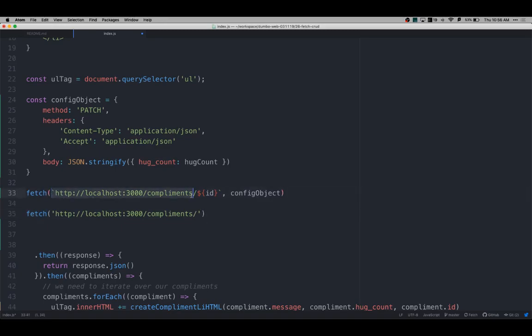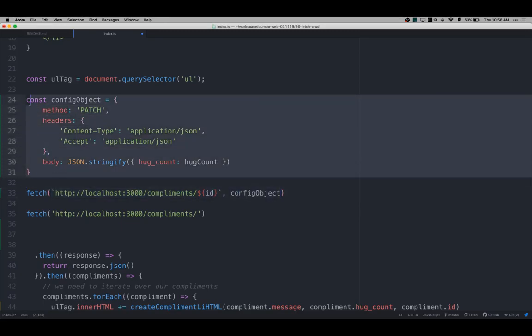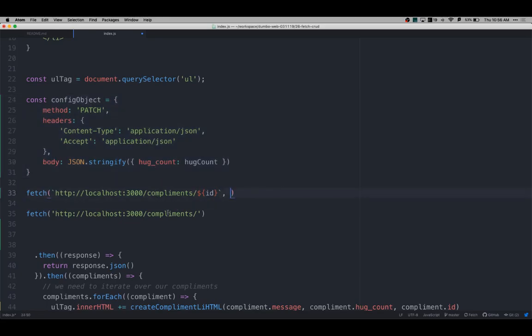This is the fetch with patch. Again, the first argument is a string. The second argument is a config object. I just put it in a variable so you can see that's what's happening. So this is the same part, but if I go back,